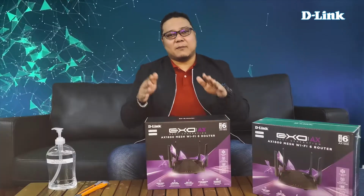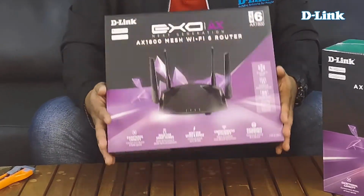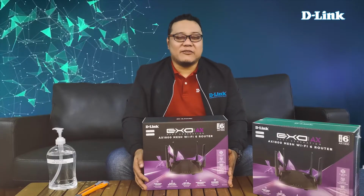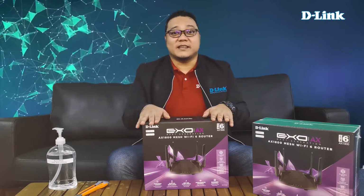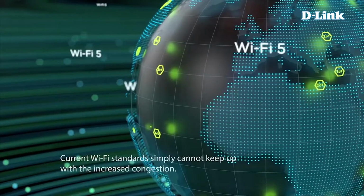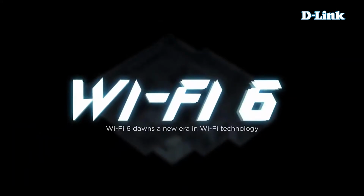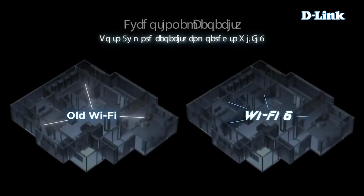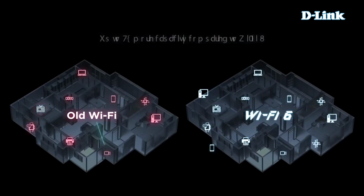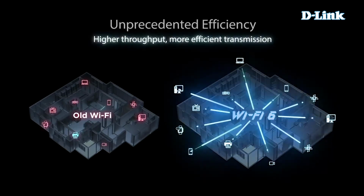Okay? And para po malaman natin kung ano ba yung main difference between that Wi-Fi 6 router to this Wi-Fi 6 router, alamin po muna natin ano po ba ang wireless 6 or Wi-Fi 6 na tinatawag. So si Wi-Fi 6 or 802.11ax, siya po ang latest wireless standard na ginagamit po natin ngayon. So, ano po ba ang main advantages of using the Wi-Fi 6? Unang-una, it has a higher capacity compared to the previous Wi-Fi 5 or yung 802.11ac. So, higher capacity means it can handle more devices connecting to this device,